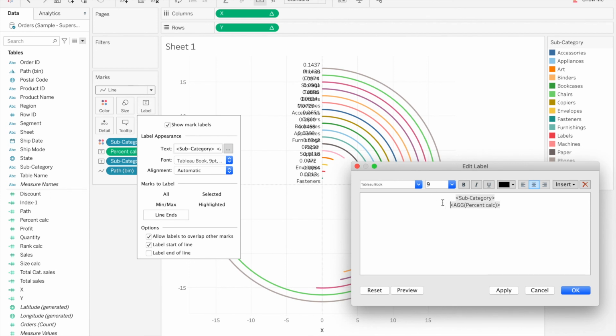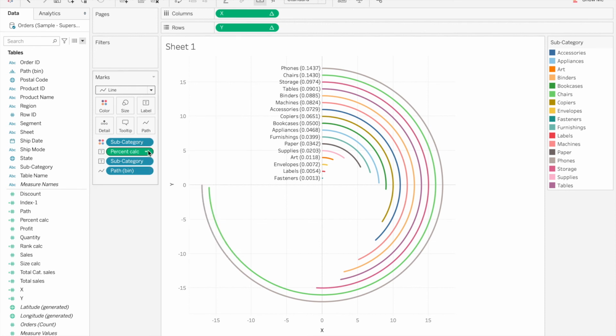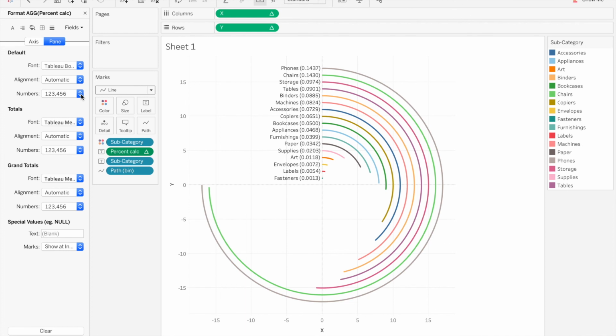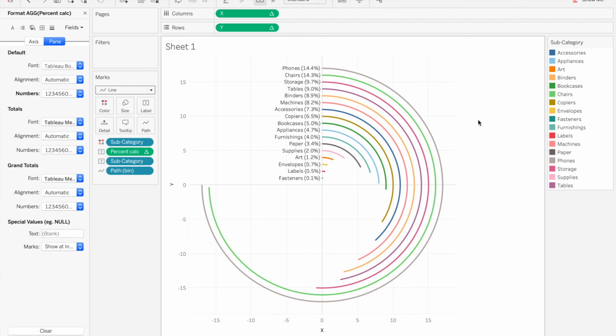We want category to be percentage calculation. Let's see. Fine. And let's change the format of our number, which should be in percentage. So this is our radial chart.